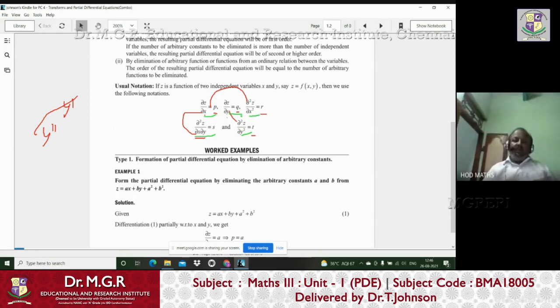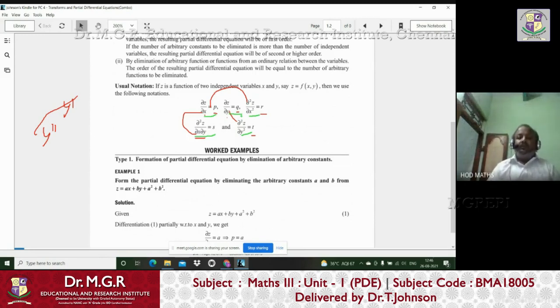This is not only for this book. Universally, these notations are accepted for partial derivatives. In any book by an Indian author or most foreign authors, they use only p, q, r, s, t. Only authors from outside the English-speaking world, like German, French or Greek authors, use some other notations. But all English speaking nations use this as the standard notation to represent partial derivatives. So you have to note it down: p, q, r, s, t.